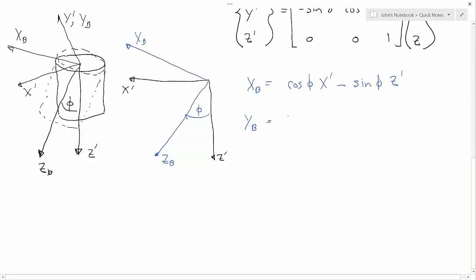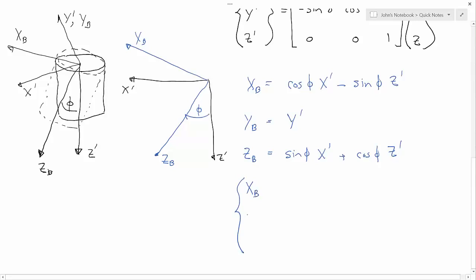YB is equal to Y prime. That's the axis we did our rotation about. ZB is equal to sine phi X prime plus cosine phi Z prime. All right? And if we write that in matrix notation, we have that